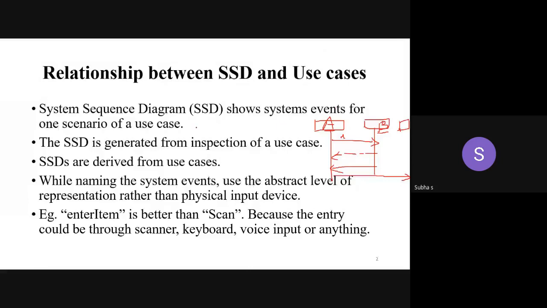In particular, they are called system sequence diagrams. Hereafter, you will come across the abbreviation SSD. SSD stands for system sequence diagram. It will represent the system events for one scenario of a use case. That only we are going to see. Normally, here I have mentioned objects only, but instead of object,